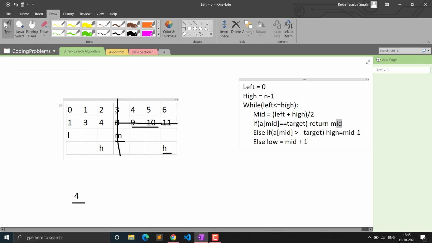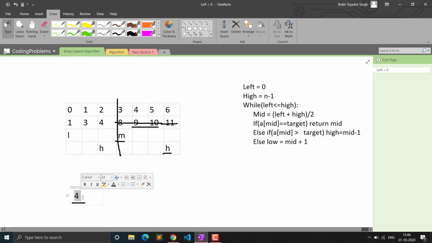That is, if we are searching for 8 and we have got the value at mid as 8, that means we have found the element that we are searching for, we can simply return mid. Or if the element at mid is greater than the target, say the element at mid was 8 and it was greater than 4, that means we cannot find the element after that point, so we will have to go before that point. So we will simply reduce our search space and set our high to mid - 1, and we will search till here only. So that is why binary search takes log of n time.